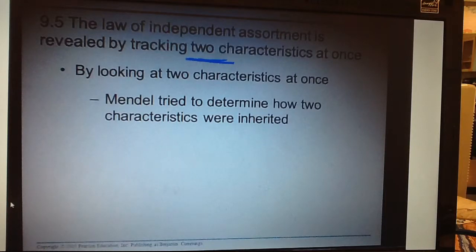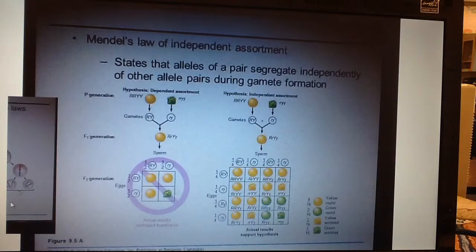Now, these 2 characteristics, he was saying, okay, what are the odds that you would inherit purple flowers and yellow seeds? What are the odds that you would inherit yellow seeds and wrinkly seeds at the same time? By doing this, what happened is the Punnett square got bigger. And this is where we get into the law of independent assortment and looking at allele formation or gamete formation